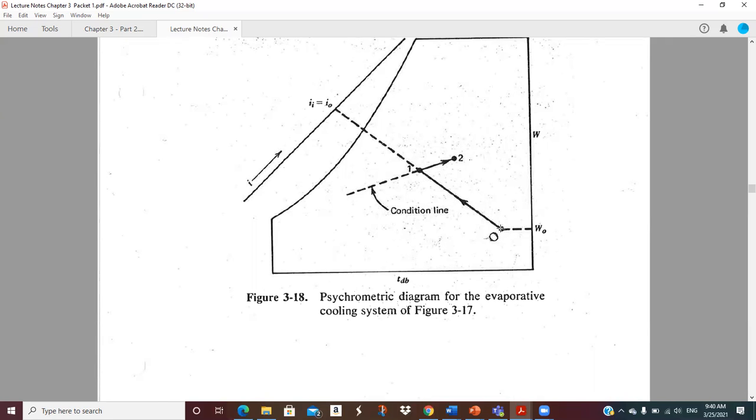Okay, so this is our outside air condition. And this is just a line of constant enthalpy. Whatever that enthalpy is, you find the line of constant enthalpy and draw that line all the way off the page, as far as you want to go. If these two cross, that's going to be the condition of the air that you want coming out of the evaporative cooler, because it's on the condition line. So it has the right amount of moisture and the right degree of coolness to offset your latent and sensible loads.